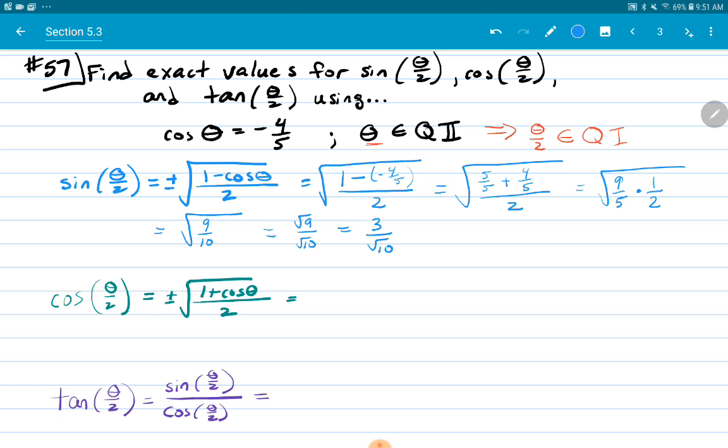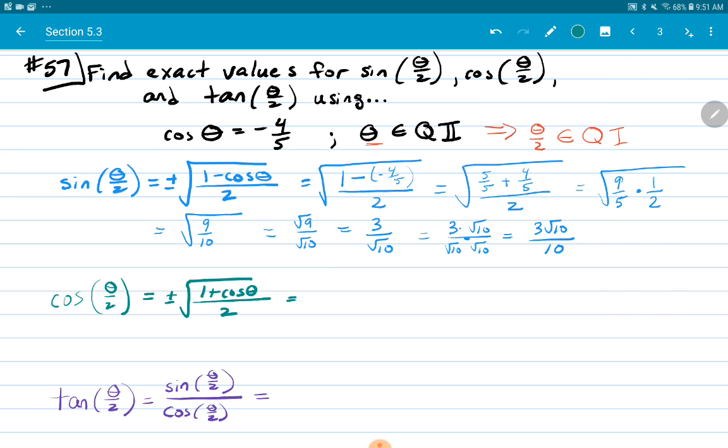That 9 is a perfect square, so I can express that as 3 over radical 10. And to rationalize that, I could do multiplying by radical 10 over radical 10. To rationalize it gives me 3 radical 10 over 10. Okay, that's sine. And then for cosine,